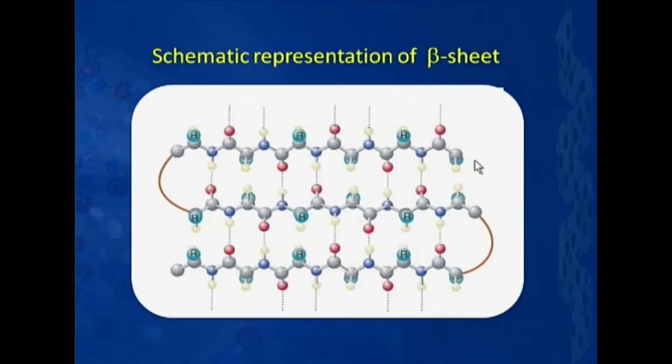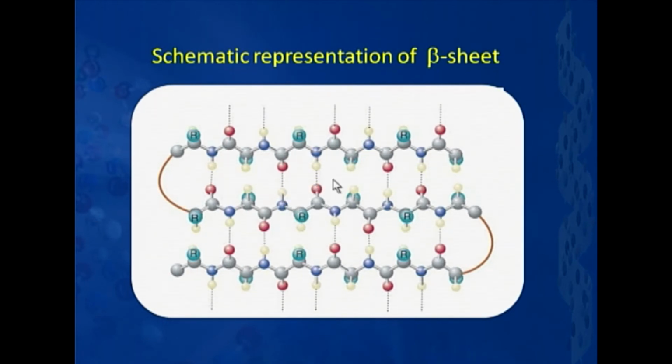That means you have an extended polypeptide backbone here, and then this peptide backbone moves, takes a turn, comes back, moves like this, again turns and comes back. It forms a sheet kind of structure. When it forms a sheet, wherever there is a CONH group, the carbonyl group here, this is my carbonyl O here, there will be an NH here, so they will form a hydrogen bond there. So, one strand will have CO groups, and when the other strand comes, there will be NH there, and they will form a hydrogen bond.